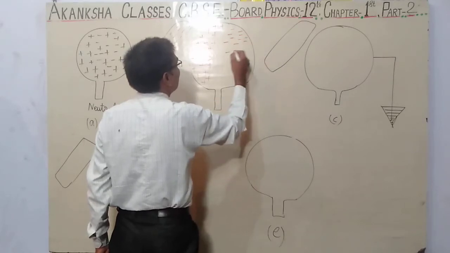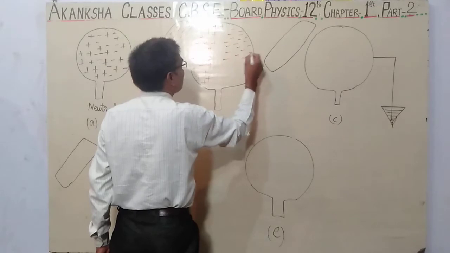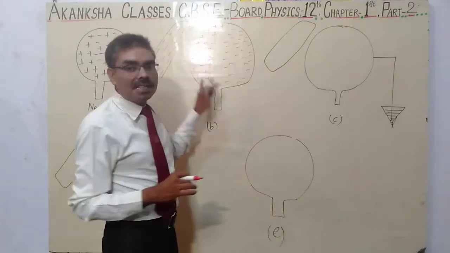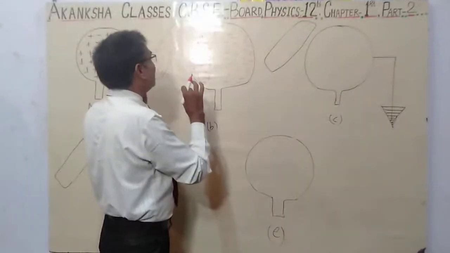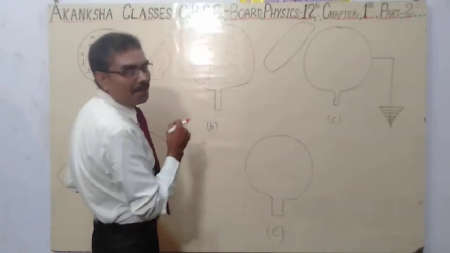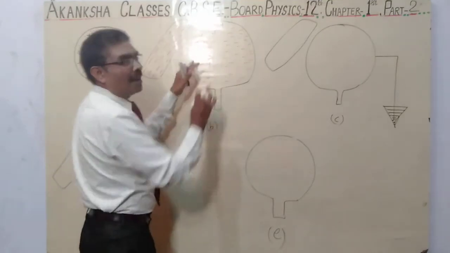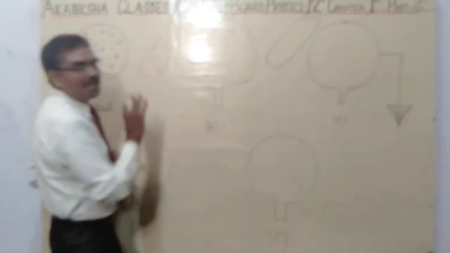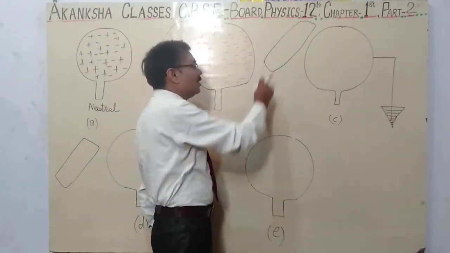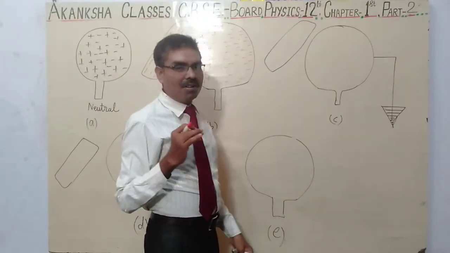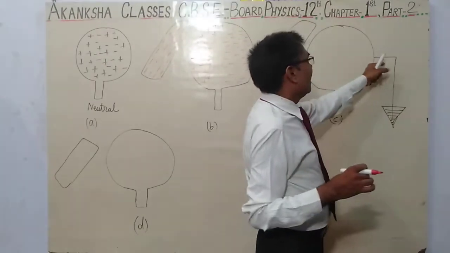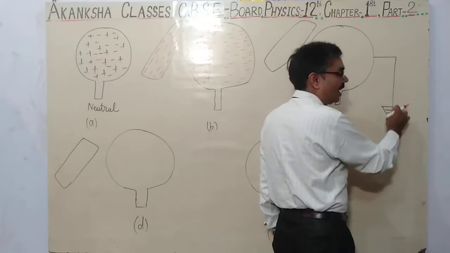But this effect is seen only as long as the negatively charged object is near. As soon as we remove the charging object, the metallic sphere will come back to its previous state. But if we join a metallic wire to an earthing, what is an earthing? Earthing is nothing more than the circuit that reaches to the ground